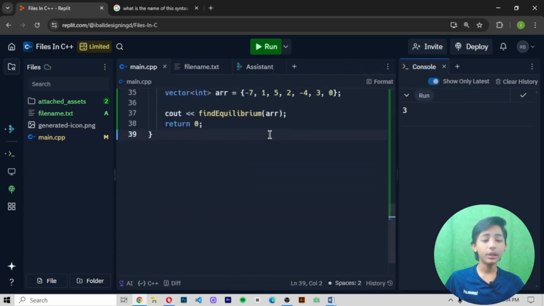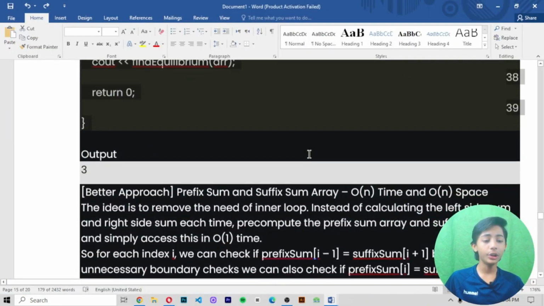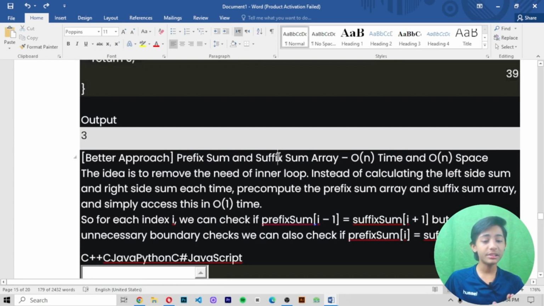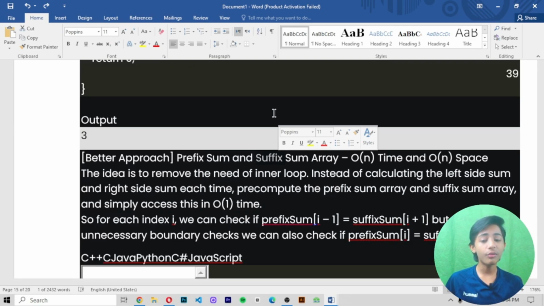Why? Because it is giving me the output 3, like I have told you. Better approach: prefix sum and suffix sum array, O(n) time and O(n) space. The idea is to remove the need of the inner loop. Instead of calculating the left side sum and right side sum each time, pre-compute the prefix sum array and suffix sum array and simply access them